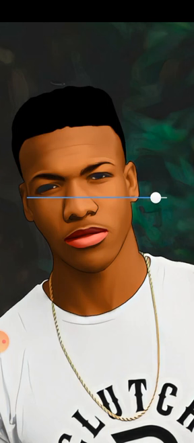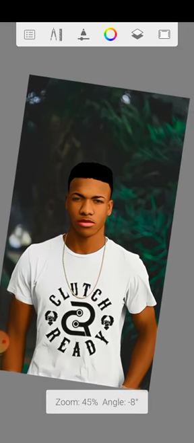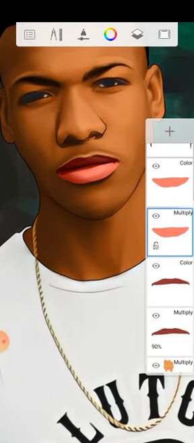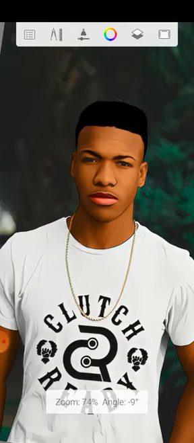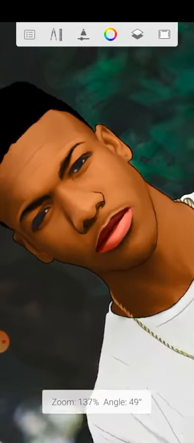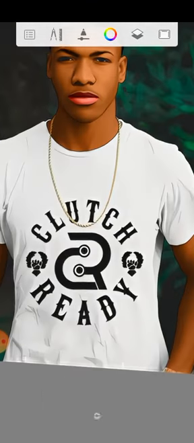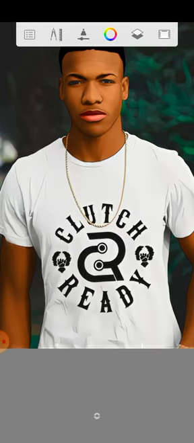So to your taste, there you see that the upper lip is different from the lower lip. And if someone does not have a pink lip, you can pick the color from his lip. So as you can see,